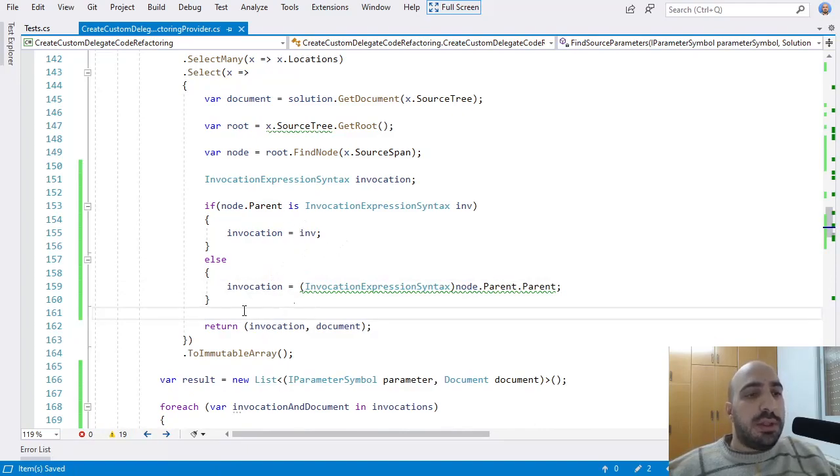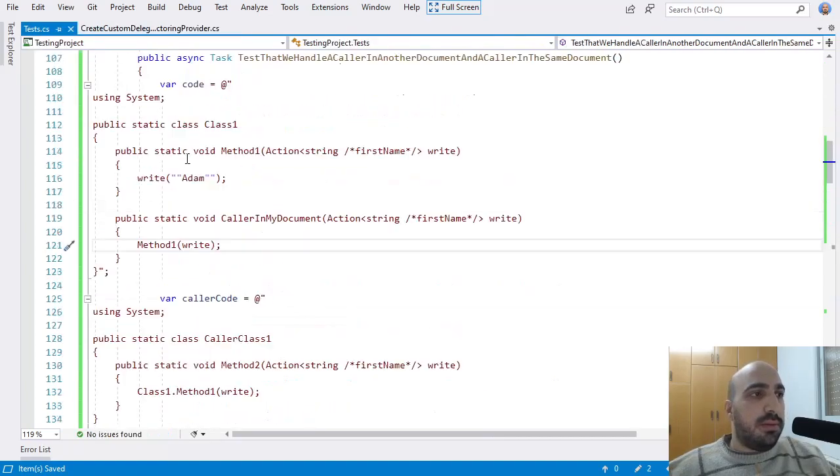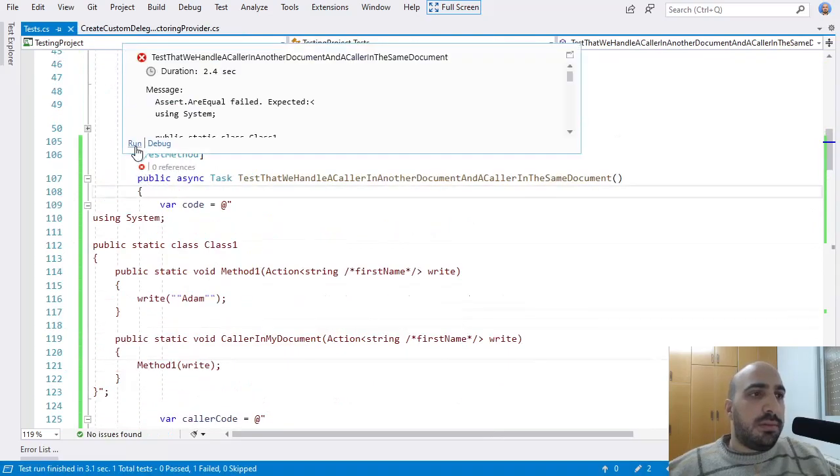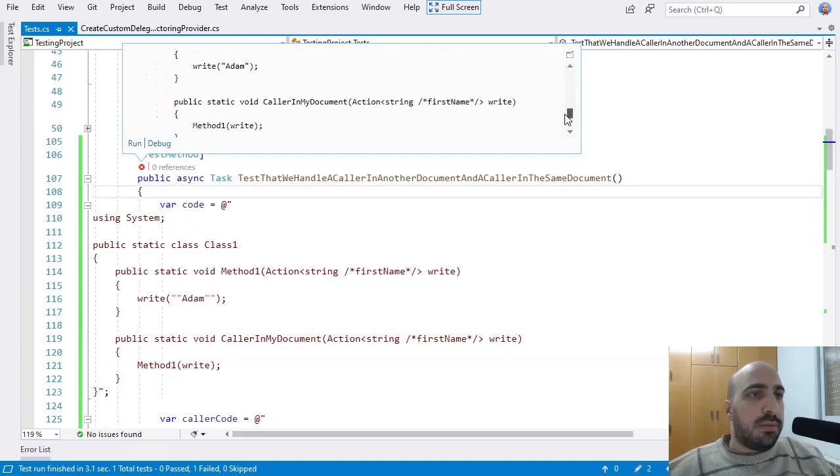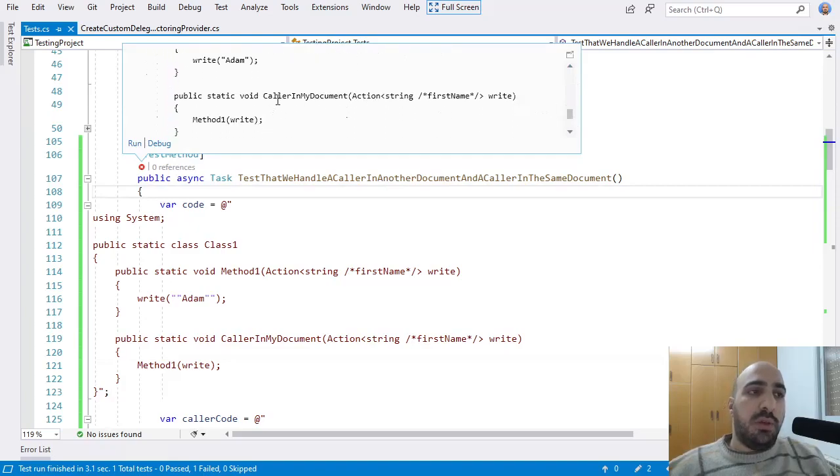And because we are doing test-driven development, we will handle more cases as they arise. Let's run the test now. Okay. So here in the actual code, we see that the type of this parameter was not changed. And let me tell you why.